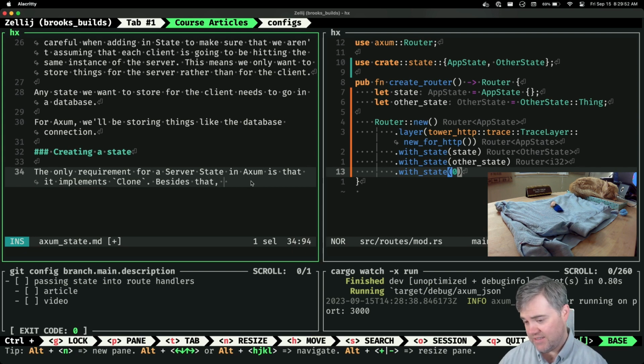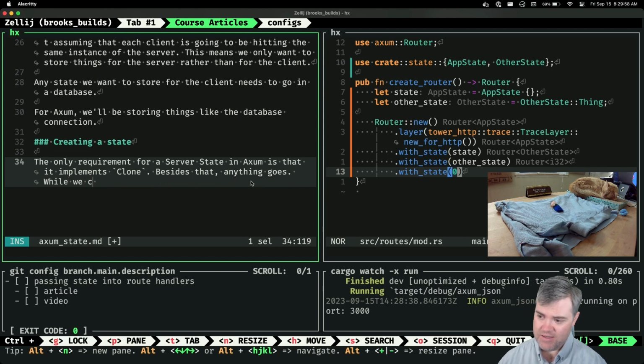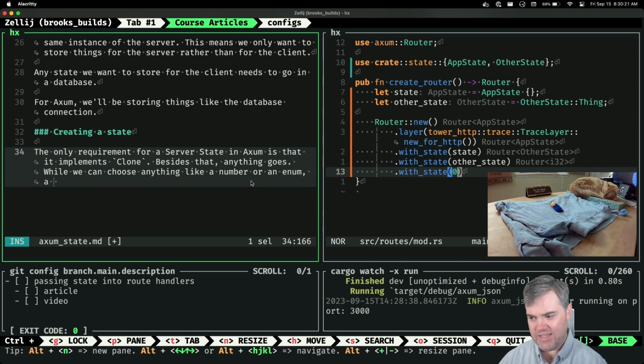Besides that, anything goes. While we can choose anything, like a number, an enum, a number or an enum, a struct tends to be the best choice for a state, for a server state.